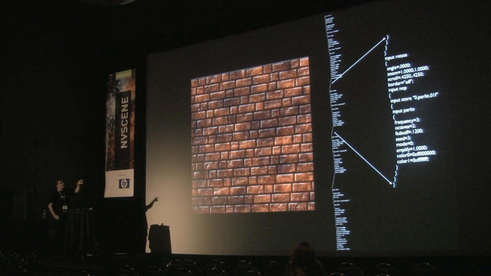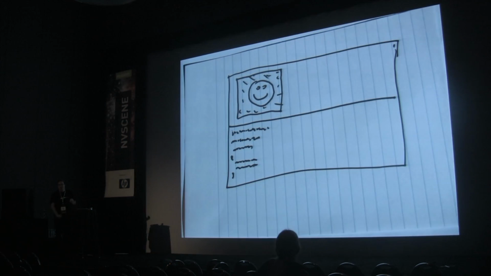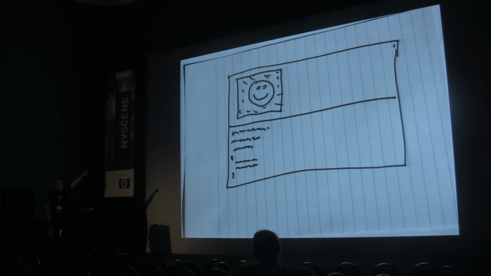Of course, you don't want your artist to type a program like this. Actually, this was our first attempt, and we said, okay, we need to write a user interface for creating this stuff. The user interface looked something like this. You had the image you are going to create on the top, and in the window below you could type text and write a program. And I thought, well, this might be a little bit hard for the artist, but I can implement it very quickly. Unfortunately, it was a total disaster. It was so unusable. Even I, as a programmer, didn't want to use it. So we had to come up with something better.